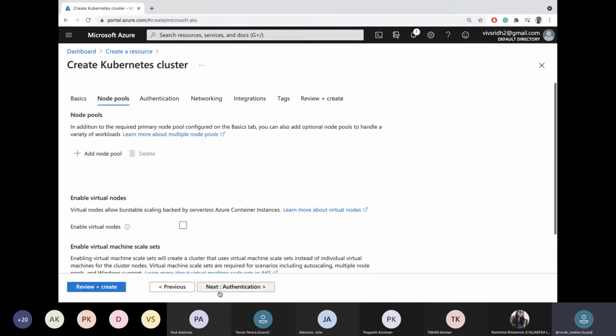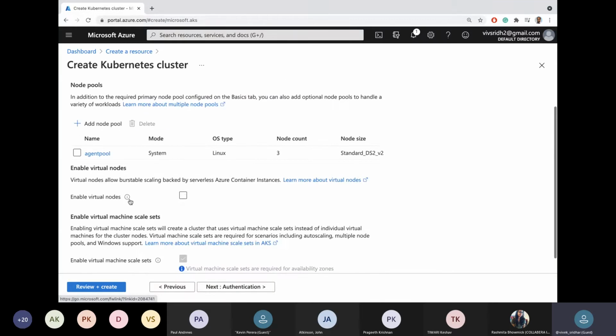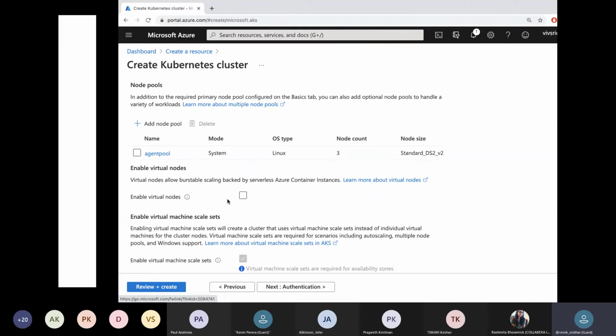So it's here where you can enable virtual node. Whenever I do this, it actually connects to the Azure Container Instance directly. It's already available on the Azure Kubernetes cluster, right? But if you want to use it with a different set of things, you can obviously install the virtual kubelet